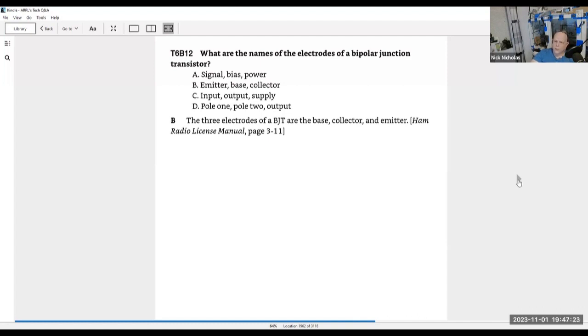Bipolar transistors have an emitter, a base, and a collector. The collector brings the power in, it travels out through the emitter, though that's not necessarily the electron flow, and the base is what controls it. In an FET, it is the gate that controls